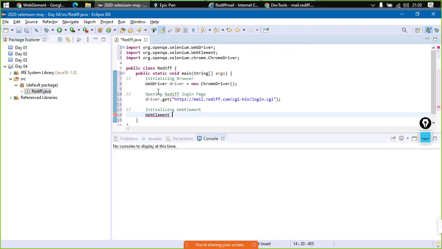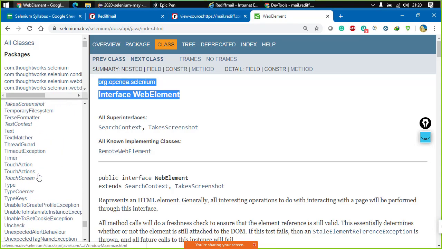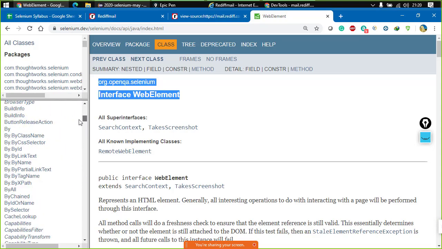So over here say username field or say element, right? Now what we would be doing is we would be using something that would allow us to work with it, right? For that, let us just move to something, say Chrome driver, right?